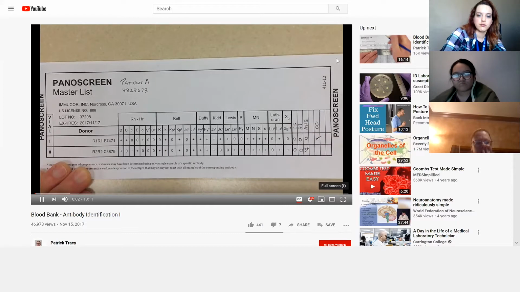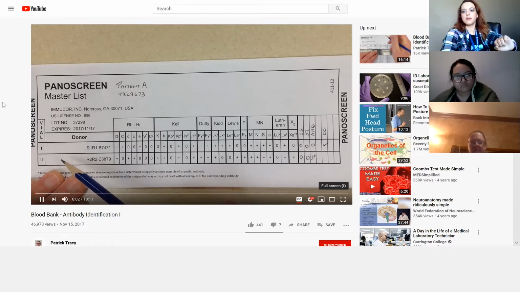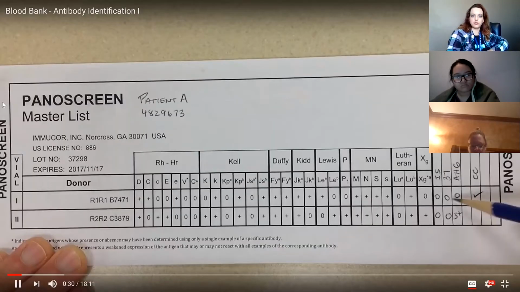On the right, you can see here that the first cell is negative, negative, negative, and the check cells, and the bottom one is actually positive. It's positive at the AHG phase, right? We have the initial spin, 37 degree, and the anti-human globulin phases. Those are the three that we're screening, which is check for information. So if the patient has a positive screen, as this patient does,